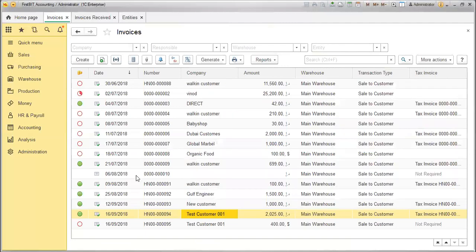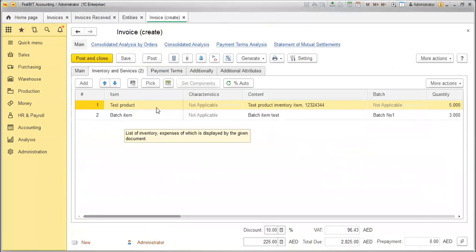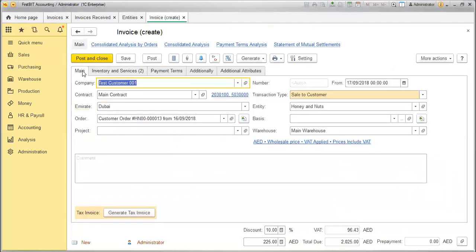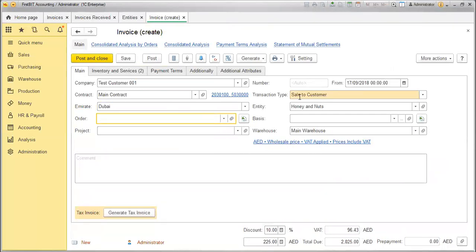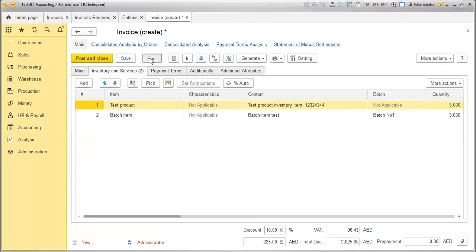Now I'm going to make the same invoice once again. Here there is a copy option, so there's no need to create everything one by one. Just click this, and the system automatically creates all the information which you have entered. It's just duplicating it. But the customer order is automatically coming, so you should not enter this because there is no customer order here. So remove this. If you are not doing a customer order, with direct invoicing it will automatically pull up everything. I will post this